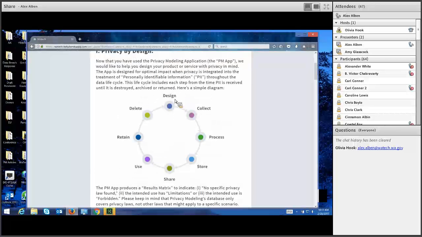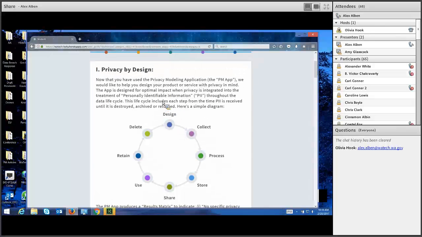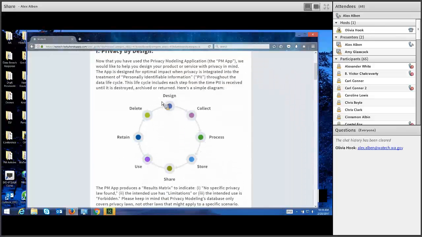What I have found actually, because I come from the tech world, I've done product development, is that in most products that use personal information, people stop around here. You know, we design it, we collect PII, we process it in some way, and we store it. We don't really think through the other parts of the life cycle of sharing data. How do you share it? Who is authorized? Under what agreements? How are we going to use it?